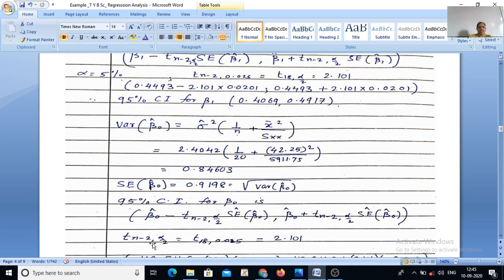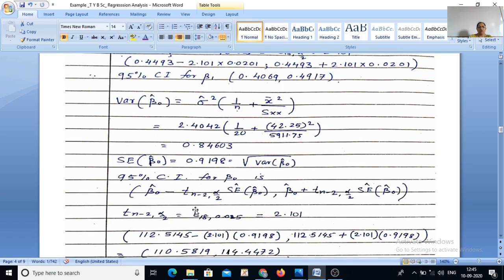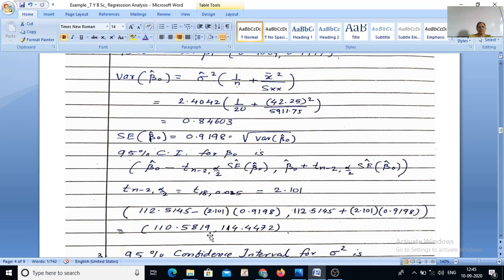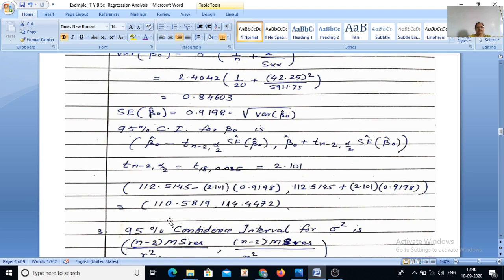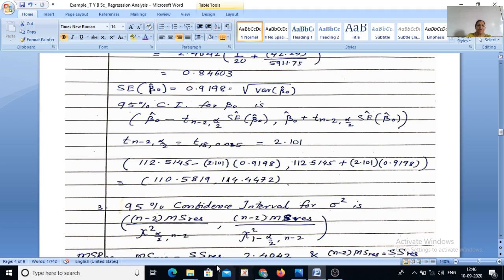It is t 18, alpha by 2, is 2.101. Putting the value of t n minus 2, alpha by 2, the value of the standard error of beta naught, and the value of beta naught, we have the confidence interval for beta naught in the population. Similarly, we can compute